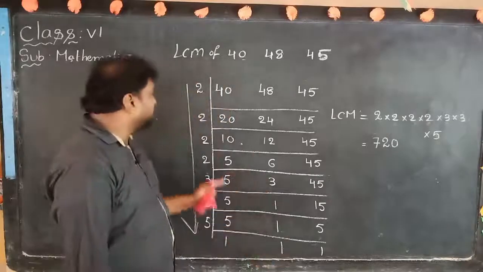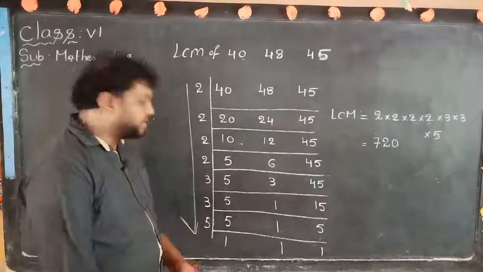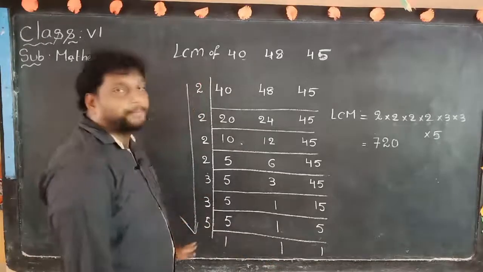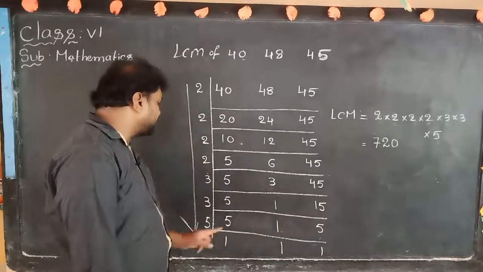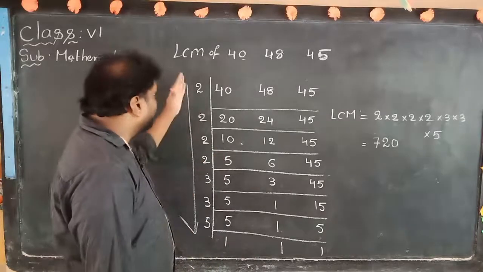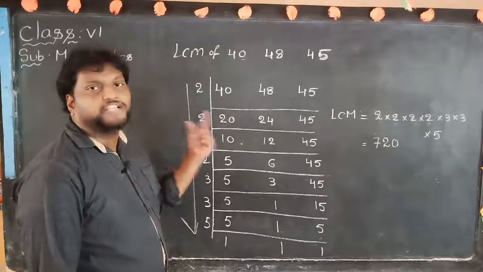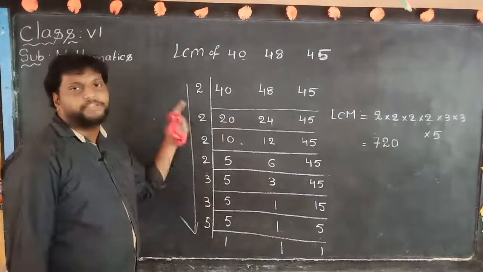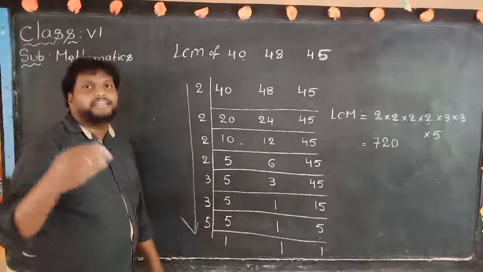But in the division method we have to apply this process until up to ones. Okay, last we have to ones. These are prime numbers. Just observe 2 is prime number, 3 is prime number, 5 also prime number. Then they should multiply from top to bottom or bottom to top also will get same value. When top to bottom means we have to take ascending, means small to big, 2 and 3 and 5.